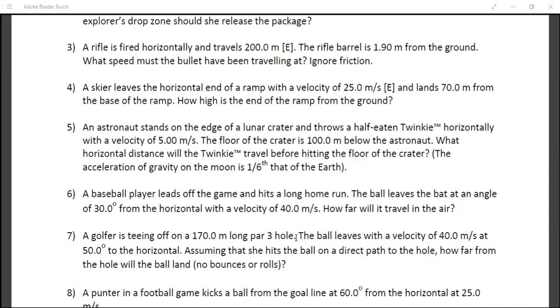Tell me. So the range is 200 meter. Yeah. Height is 1.9 meter. So I calculated the time by h is equal to half gt square. Then I got t as 0.616 seconds. Yeah. Okay. Then I found the u by R is equal to ut. Correct. Then I got u as 324.675, something close.